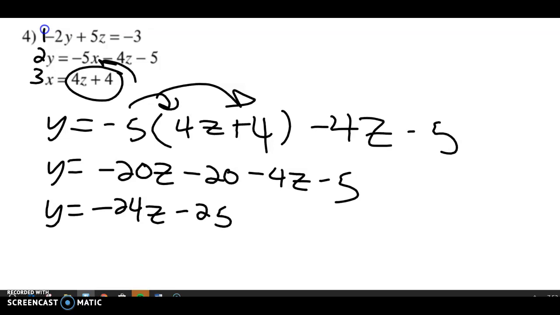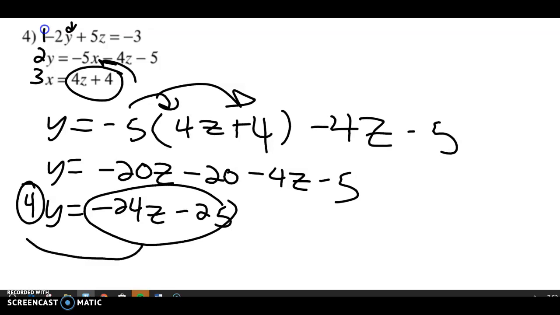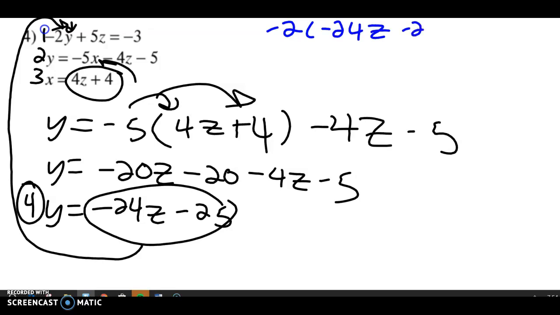25. I now look at this equation. I'm going to call it equation 4, just for namesake at this point. And I can look up at equation 1, and I can see if I substitute equation 4 in for equation 1, I have all z's. So up here in blue, I'm going to take my first equation. I'm going to replace my y with negative 24z minus 25, and we still have plus 5z, and it's equal